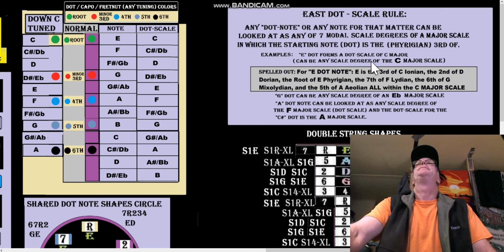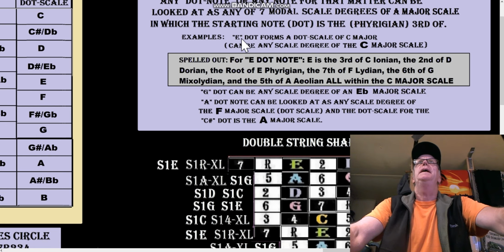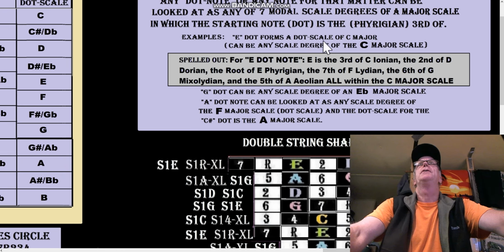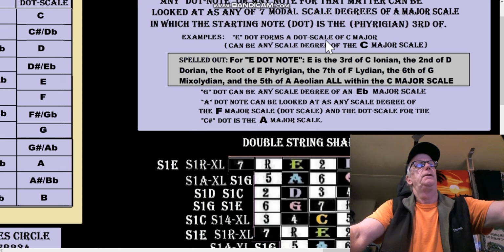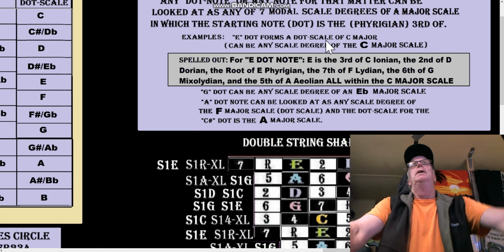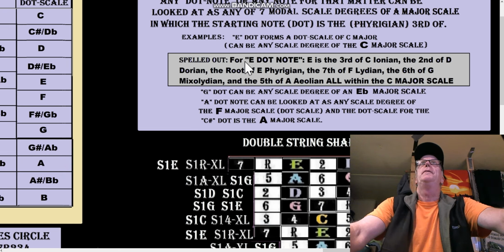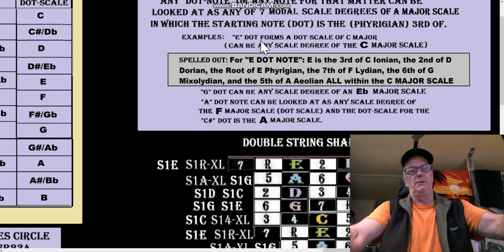Example. E dot forms a dot scale. So this is the dot scale for the A dot. Okay? Example. The E dot forms a dot scale of C major. So for the E dot, like the double dot,